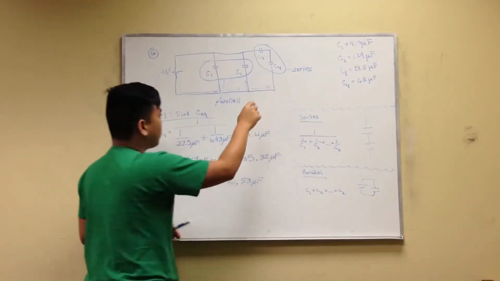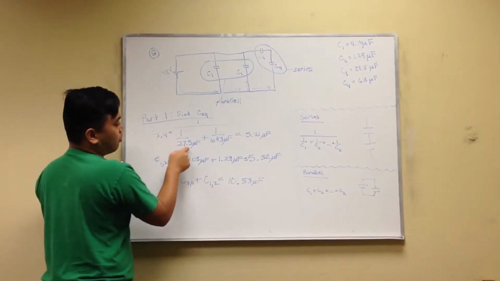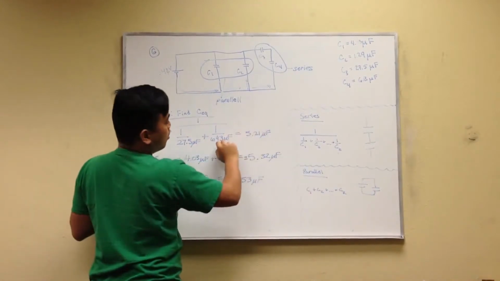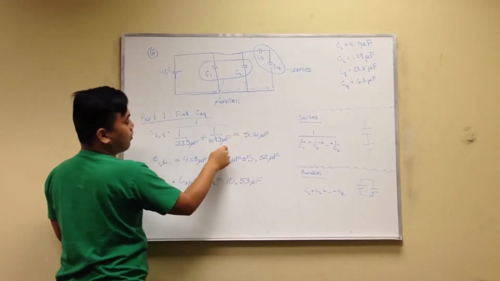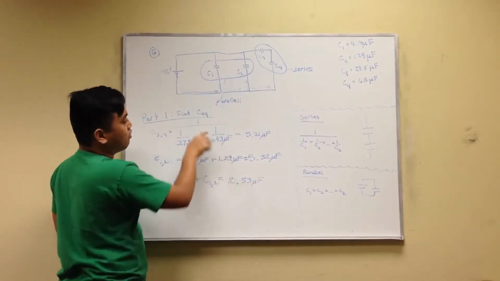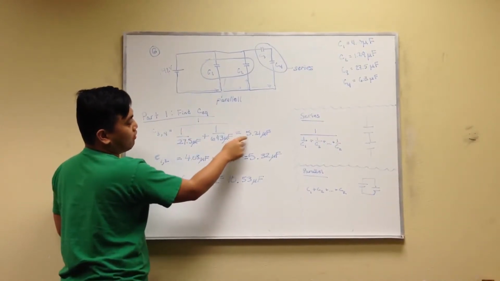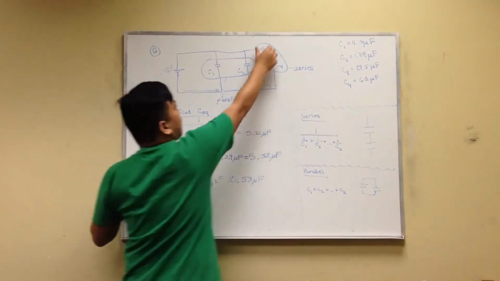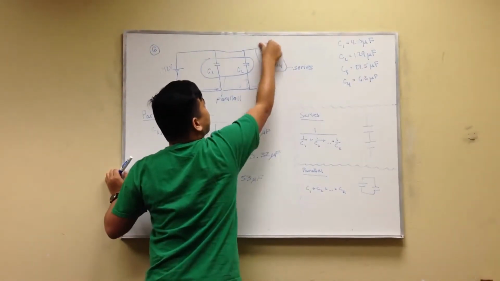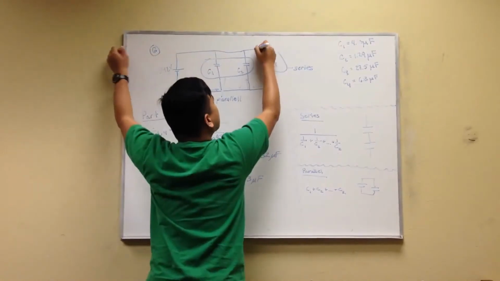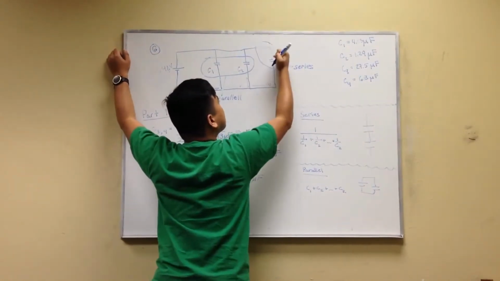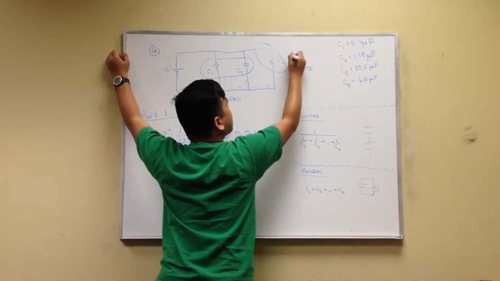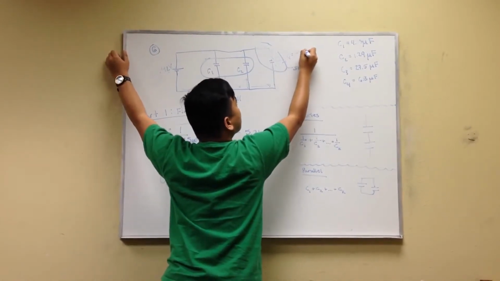In our case, we have 1 over 27.5 microfarad for C3 plus 1 over 6.43 microfarad, get the answer, and then the reciprocal of that answer, and we're going to get 5.21 microfarad. Now, once we condense that, C3,4 is 5.21